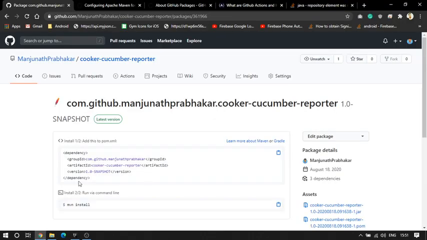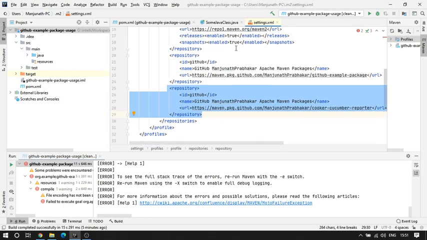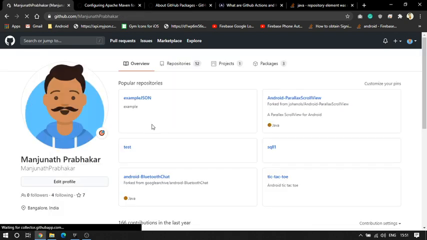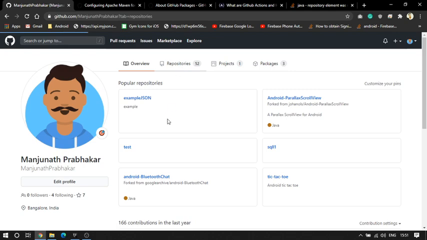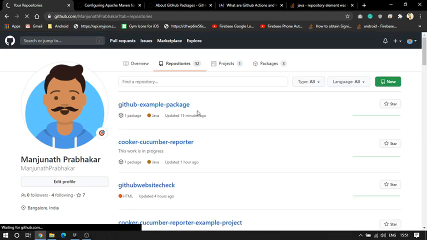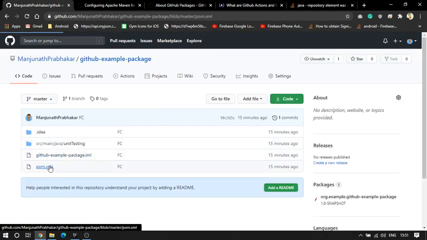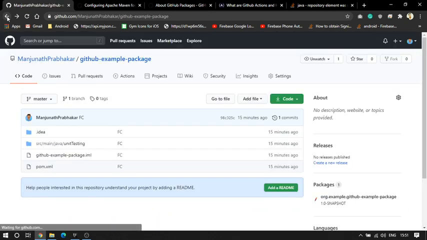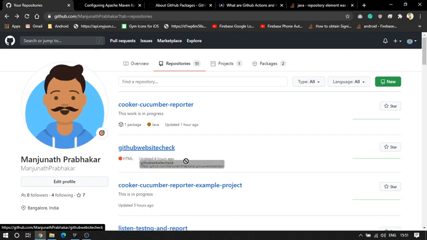So let me show you. We created a jar, right? We added a jar in the POM file. This is just for your knowledge. When I created a GitHub example package, in the POM file I added not this one.